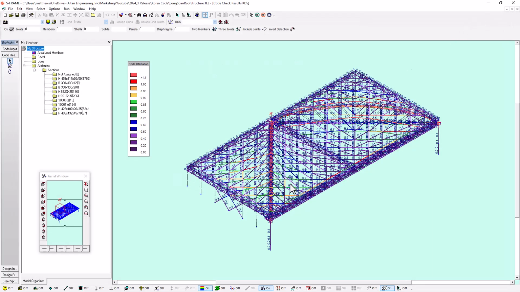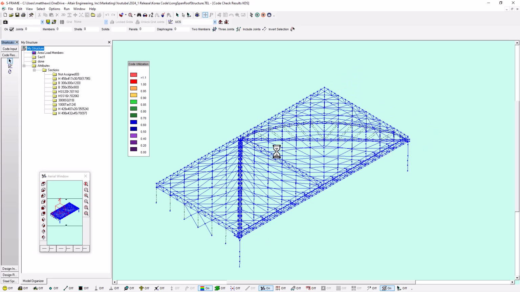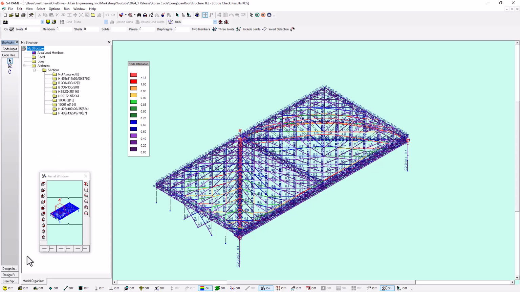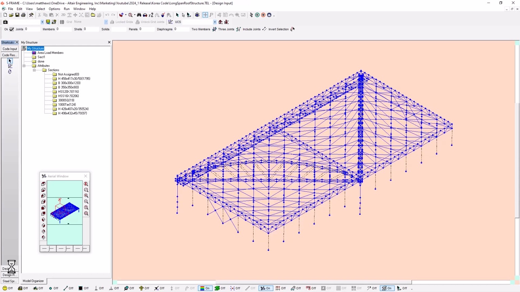Let's just use the knowledge that we know some of our members are failing the code check, and we may want to consider redesigning them. What we can do then is we can either manually override the cross sections using this approach, where we basically choose a new section for that design group based off of maybe the next largest section in our section list, or we can go to the design input window and we can look at these members as well a little